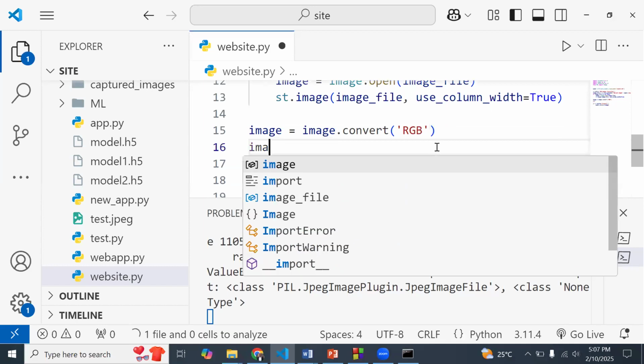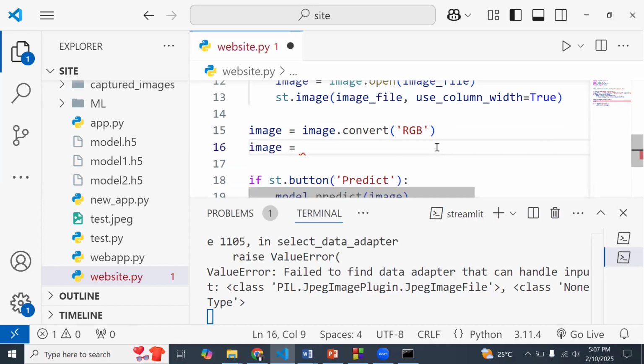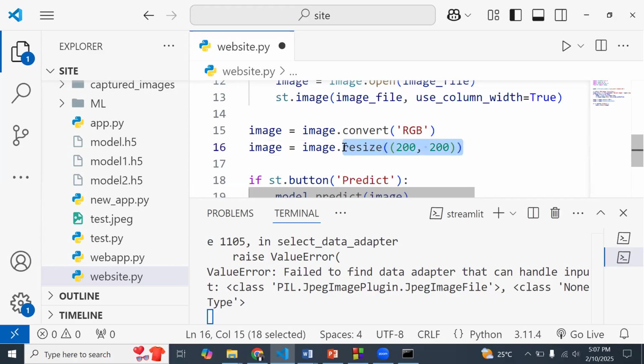Then the next thing we do is image is equal to image dot resize, and for the resize we have 200 by 200. This is very important so that the image we are using to make a prediction will fit into the model that we have developed.